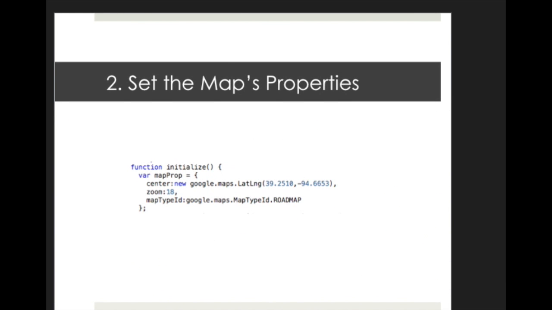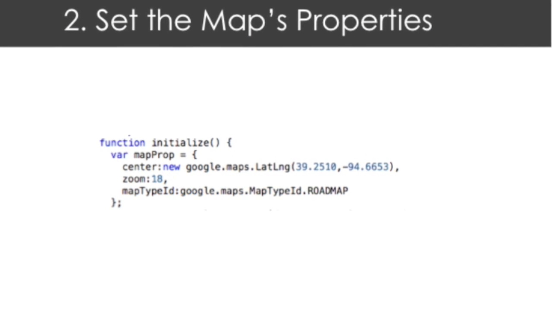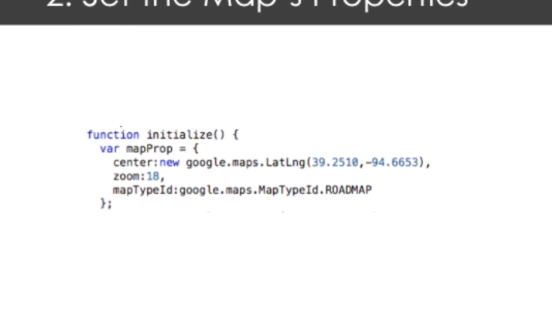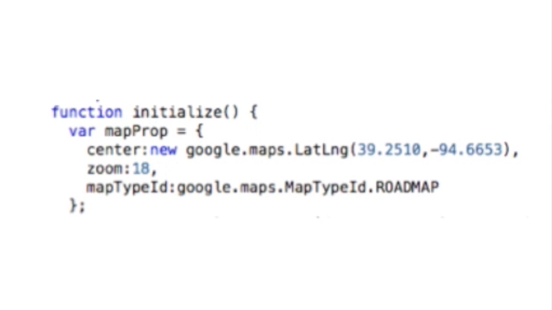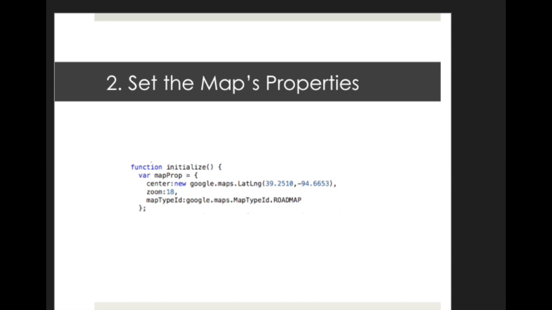Step 2 is to set the map's properties by initializing the map, by creating a function. Then in the initialize function, you'll create the object, which would be the map prop, to define the properties for the map. And where it says center, that just specifies the location of the map on the page, which in this case is center, but it could also be left aligned, right aligned. The latitude and longitude object,